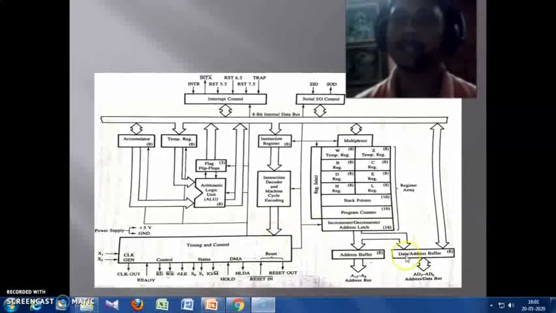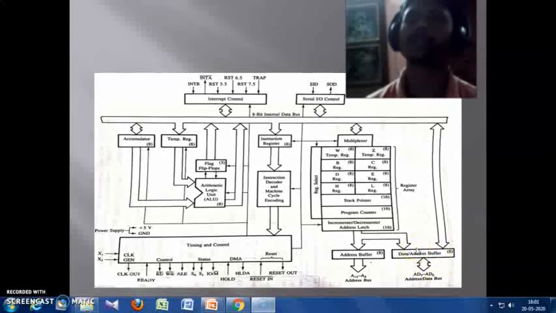The ALE signal is sent to the multiplexed address data bus to segregate the address and data bus. Whenever an active high signal is sent to it, then it behaves like an address bus. This multiplexed address data bus is basically attached with a latch, that is the LS373 latch. If an ALE signal is sent to it, then it behaves like an address bus, that is the lower order address. Then the addressing can be done. After that, the ALE will be low and the multiplexed address data bus behaves like a data bus.